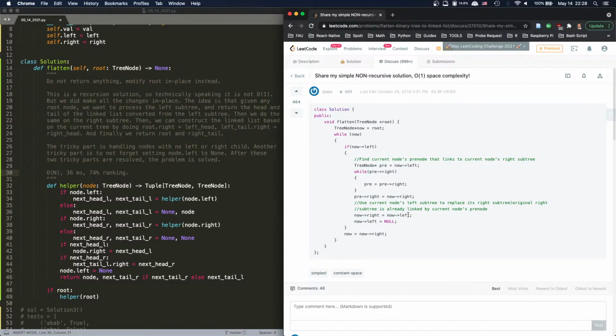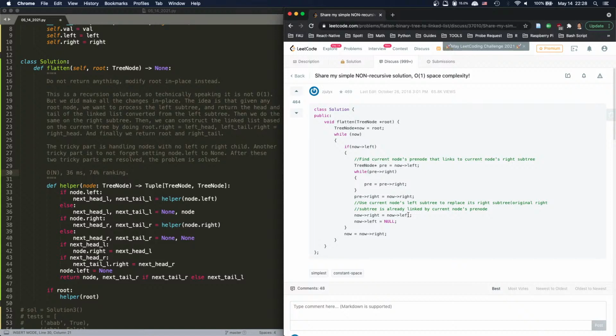So what we do is, oh yeah, that's how you find the head and tail of the left link. Oh, let me do it again. That's how you find the head and tail of the flattened linked list of the left subtree,